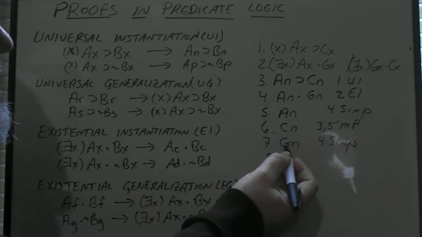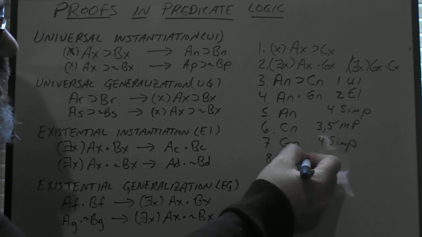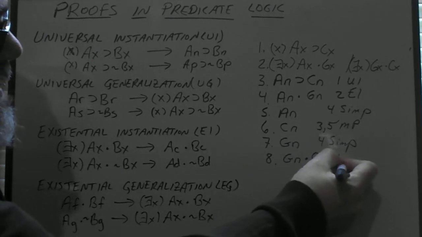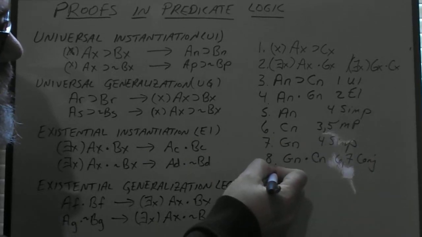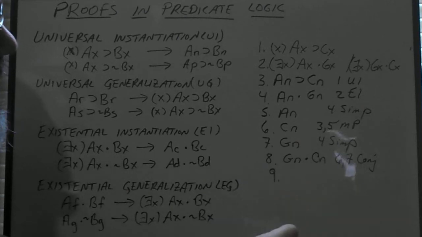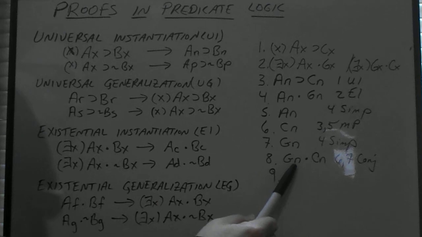And now you've got the GN and the CN on 2 lines. We're going to use conjunction to stick those together. So GN and CN from 6 and 7 through conjunction. And now, it wants it in this form, so now we're going to take this and we're going to do